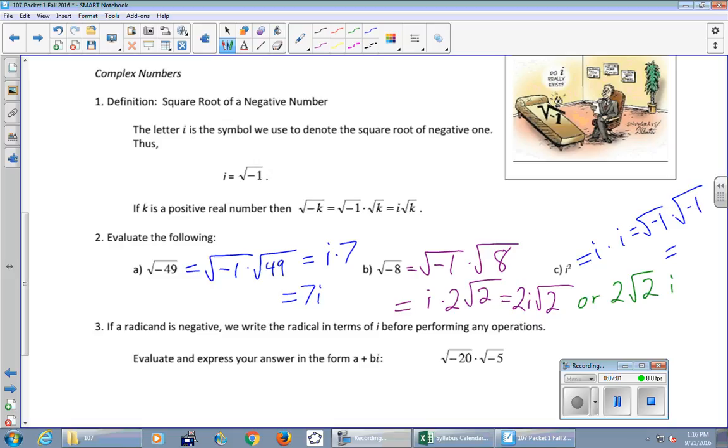Yeah, like if I gave you this, square root of 5 times square root of 5, what is that? Isn't that just 5? Right? Because the square root times itself, the radical just disappears and you get whatever the number is inside that radical, right? So what's the square root of -1 times the square root of -1? It's -1. It's not 1, it's -1. So our big conclusion here is that I squared is -1.